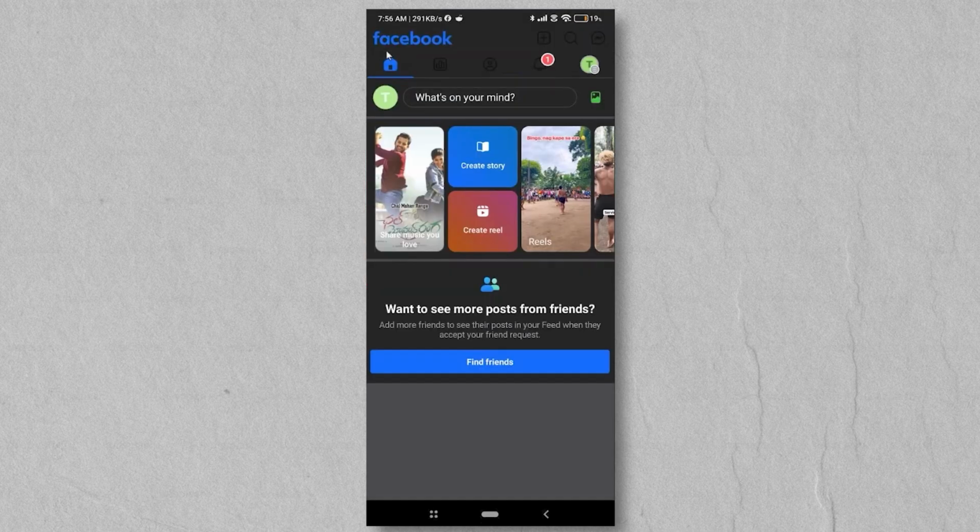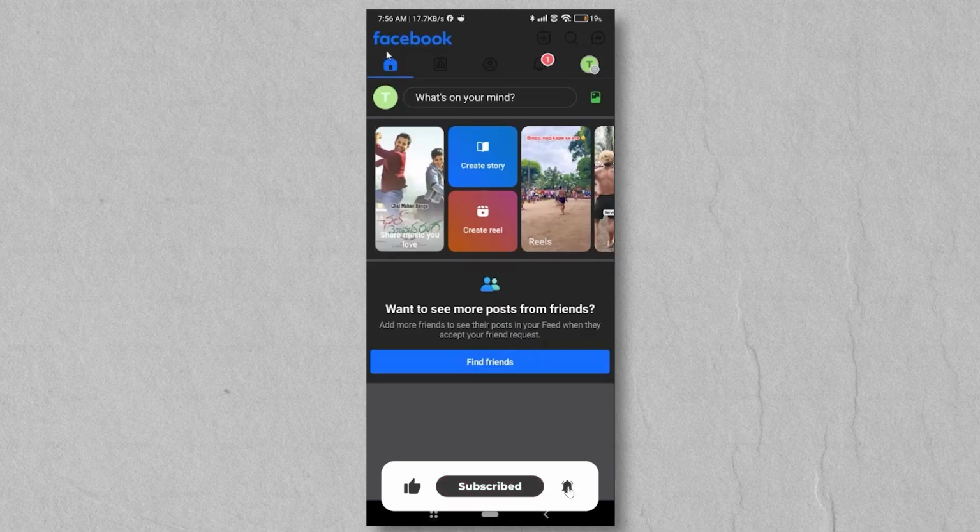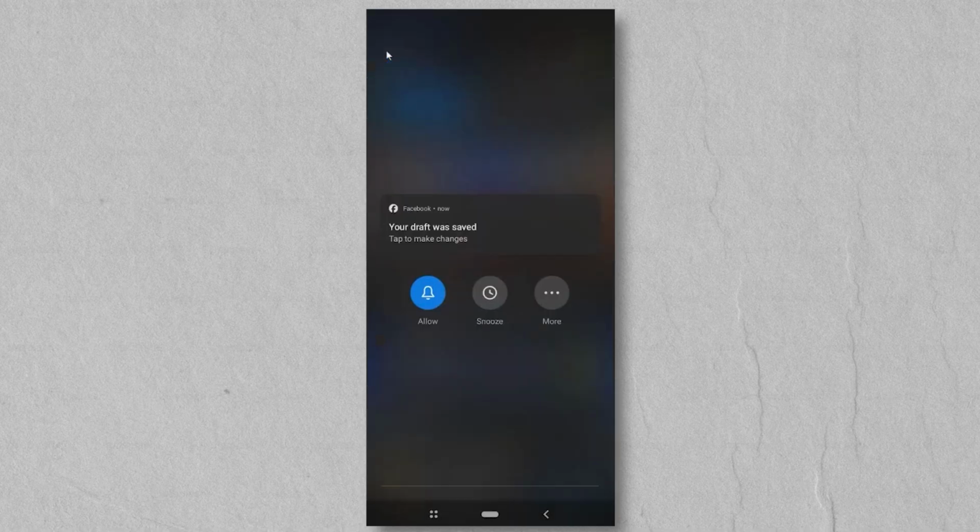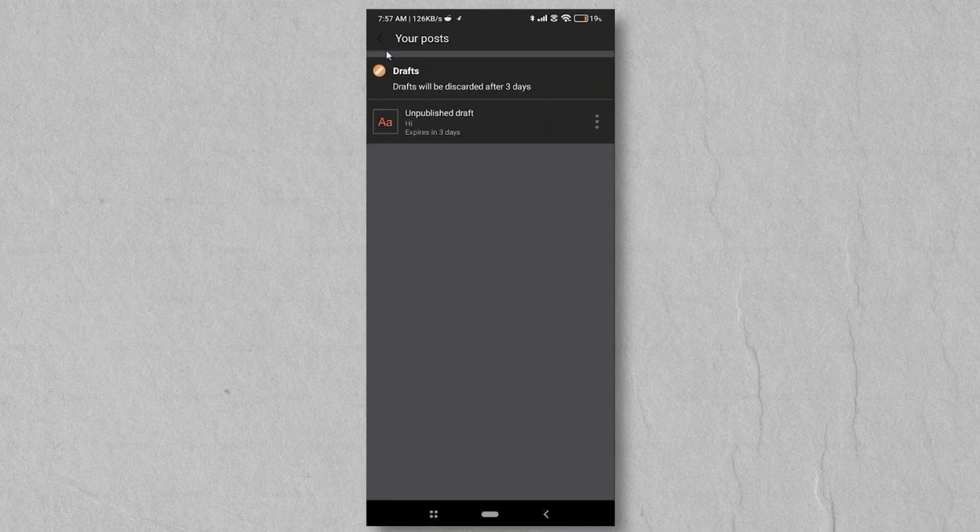Now wait for a few seconds and you should get a Facebook notification at the very top. Just simply click on that. As you can see, this is the Facebook notification that you will get. Now, don't remove it. Just simply tap and open this, and then you should be able to see the drafts